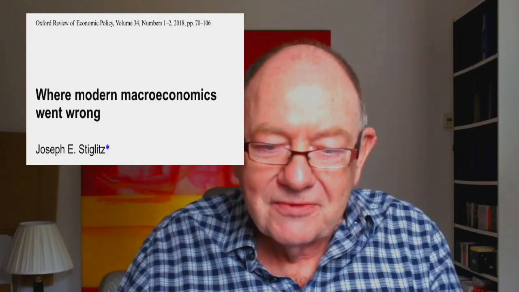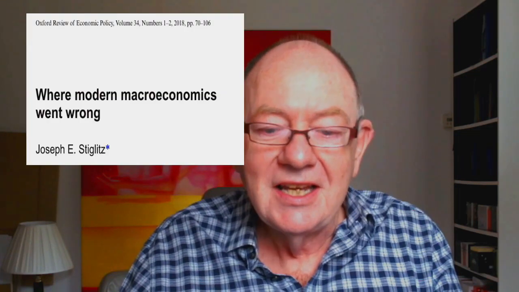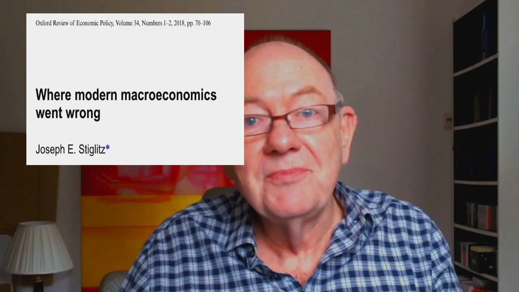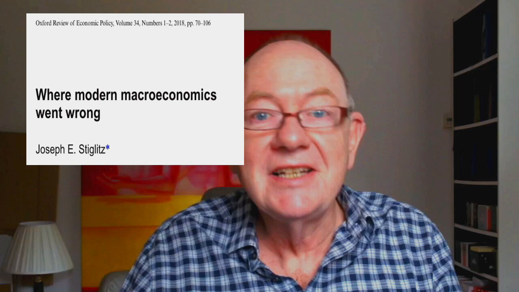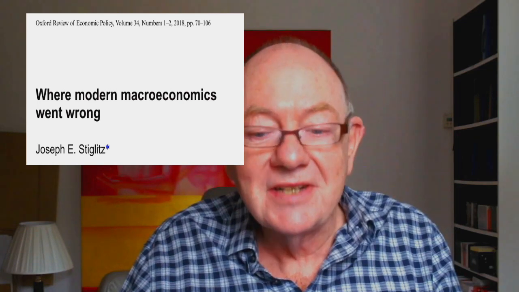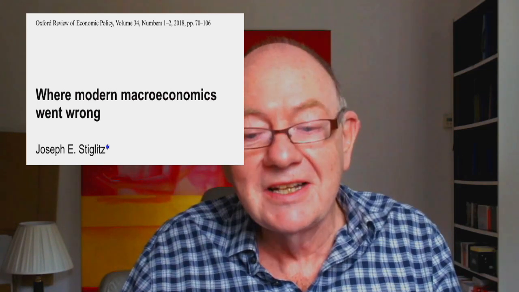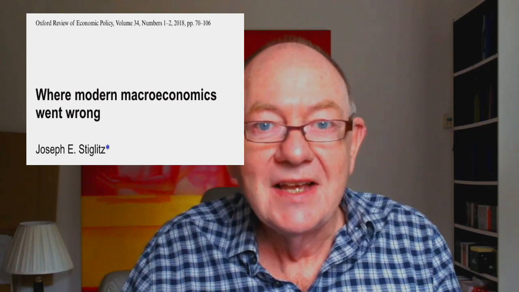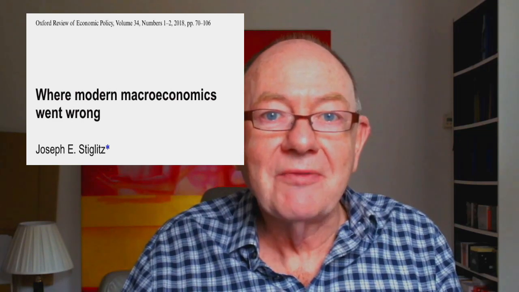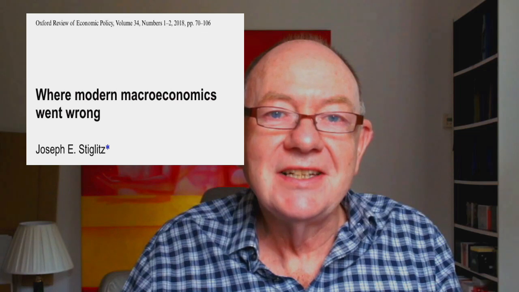So let's look at another indication of what macroeconomics should do from Joseph Stiglitz. He says, "The most important challenge facing any macro model is to provide insights into the deep downturns that have occurred repeatedly and what should be done in response." So this is a bit of a clarification. We're really interested in big fluctuations, deep downturns.